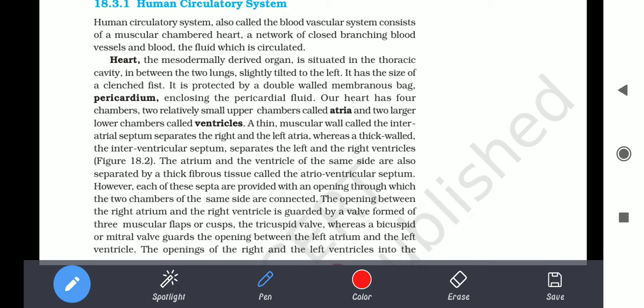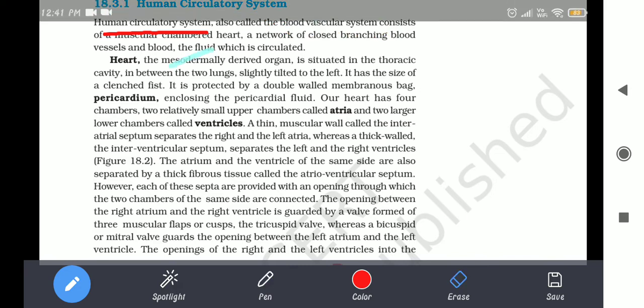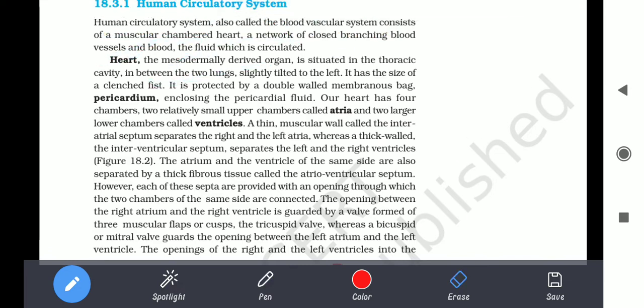Okay, the human circulatory system is also called the blood vascular system. Our human circulatory system consists of a muscular chambered heart, a network of closed branching blood vessels, and blood. The blood which is circulated transports material to all the organs or tissues. And the heart is a mesodermally derived organ, and it is situated in the